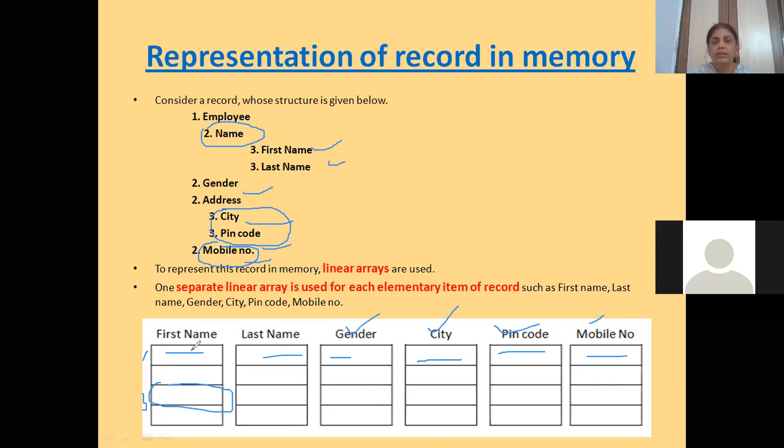Alright, so we need 6 parallel arrays to store our record. तो जब भी हमें कुछ एक्सेस करना होगा तो हम पूरे के पूरे उन सब arrays को एक साथ चला के we can access that value. Clear? तो ये क्वेश्चन बहुत बार आता है आपके एग्जाम में, हाउ टू रिप्रेजेंट रिकॉर्ड इन दी मेमोरी।